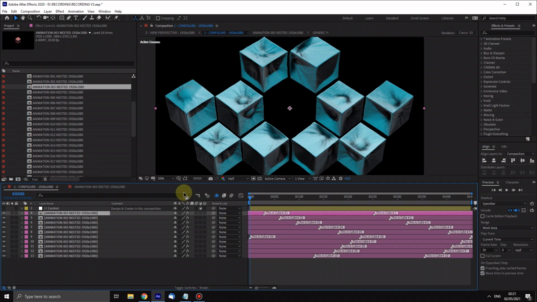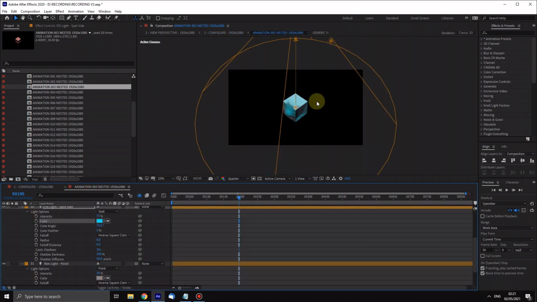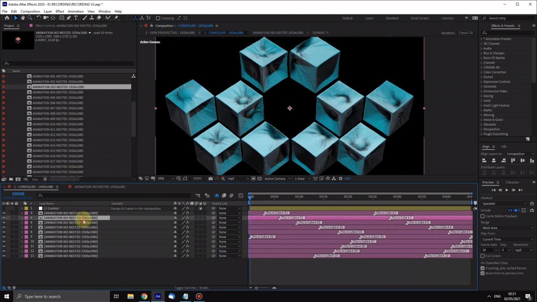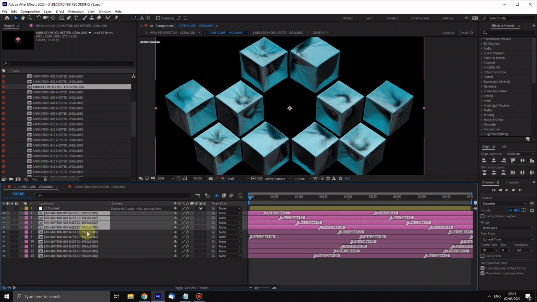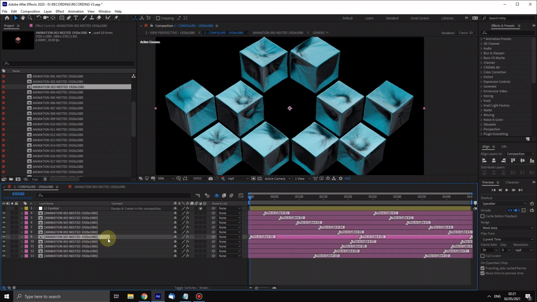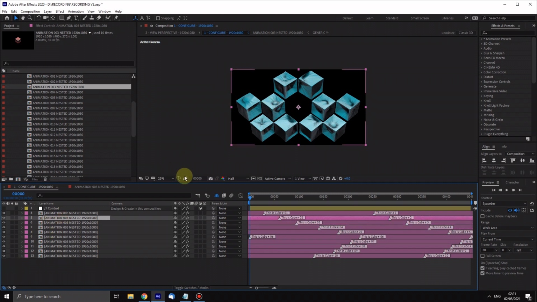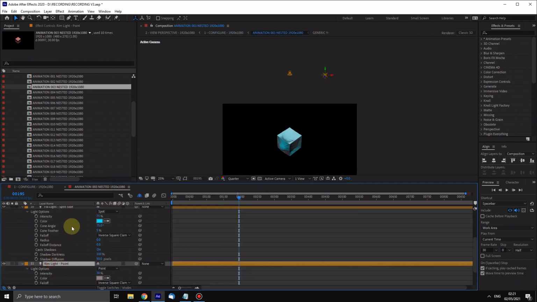Now something to note is, even though the lighting is directly above this cube that's instanced, every one of these instanced versions of this composition refers to the lighting in exactly the same place. So what I'm saying is, above each of these cubes there isn't a spotlight. There is only one spotlight, and it's dead center. And these cubes in each version are being moved left or right or up or down. The lighting doesn't move, the lighting's always here. So just to demonstrate that, I just want to show you guys. If I grab all the lights,